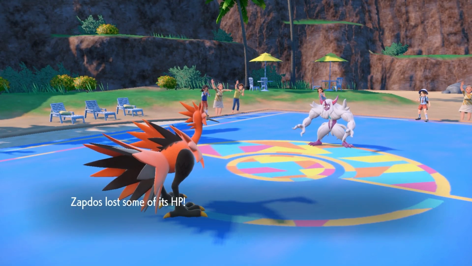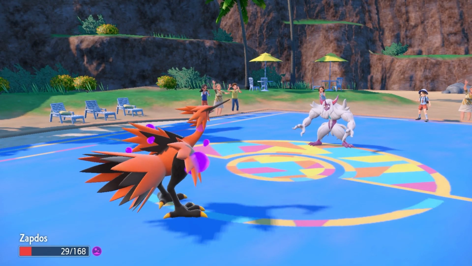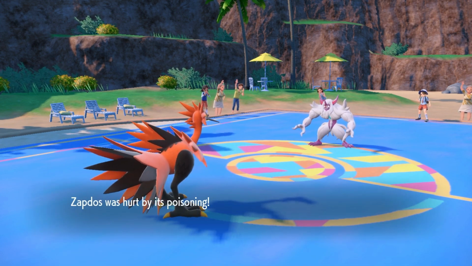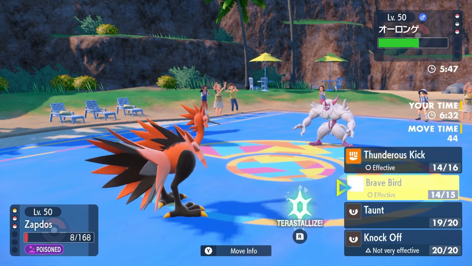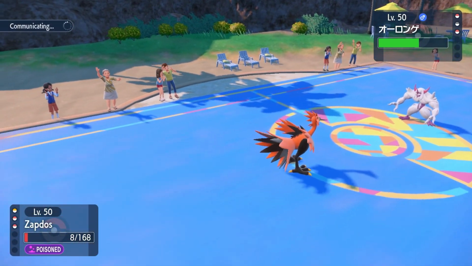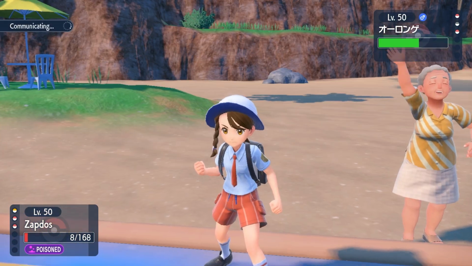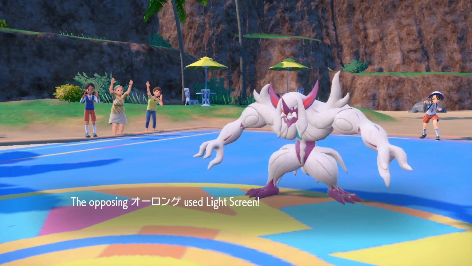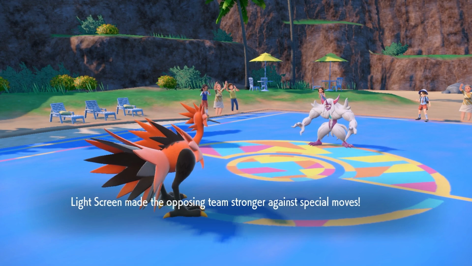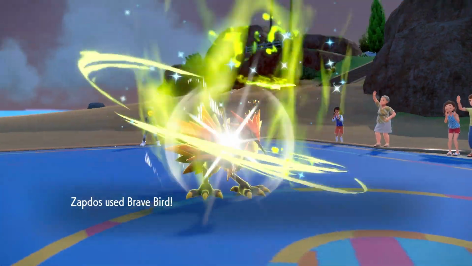All right. I was thinking about going for Taunt, but we do survive this next move, so I think we just Brave Bird again. Maybe I should have gone Thunderous Kick the first time, but I don't think it really makes that much of a difference. I guess they could have gone Sucker Punch there, but yeah, they're going to set up those screens. And then I think after that, we're just going to go into...